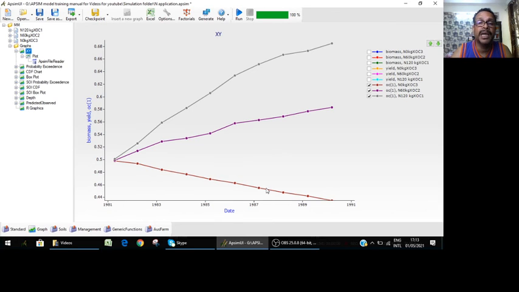But it depends upon the type of soil, it depends on the pools, it depends upon the climate of the area. So it is not always true that it will come down in all cases. In some cases it may, in some cases it may not. It is the type of soil which maintains or sustains the soil organic carbon based on the input from agriculture. So friends, this is just to show you the effect of nitrogen application on organic carbon, what those pools are, and how you can change the pools, depending on your pools data or from the literature. The pools' contribution to carbon will also change.